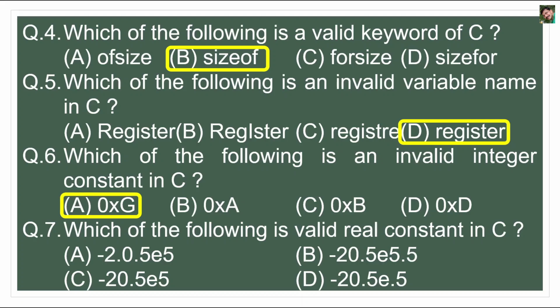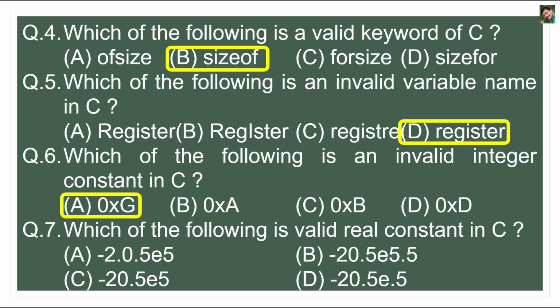As 7 is not part of binary number system, G is also not part of hexadecimal number system. Similarly, 9 is not part of octal number system because octal number system has only 8 digits, and that is from 0 to 7. So 8, 9 are not part of octal number system.